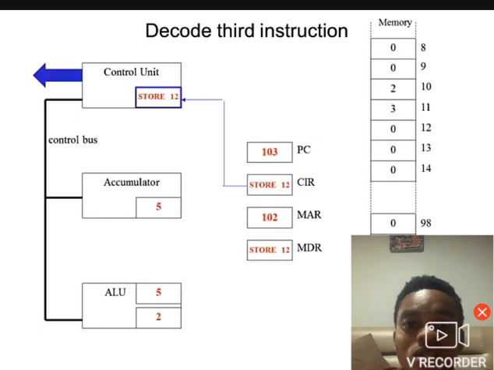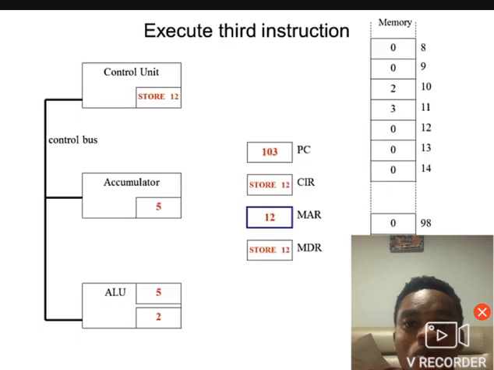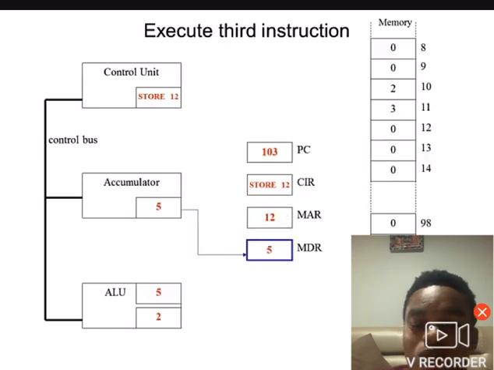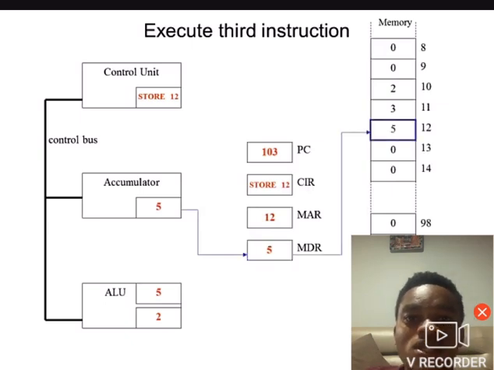That is, store whatever is in the accumulator in memory location 12. So the memory location 12 address will be moved into the memory address register. And with the help of the accumulator and the memory address register, the contents of the accumulator are moved into memory storage location 12. And that is how the